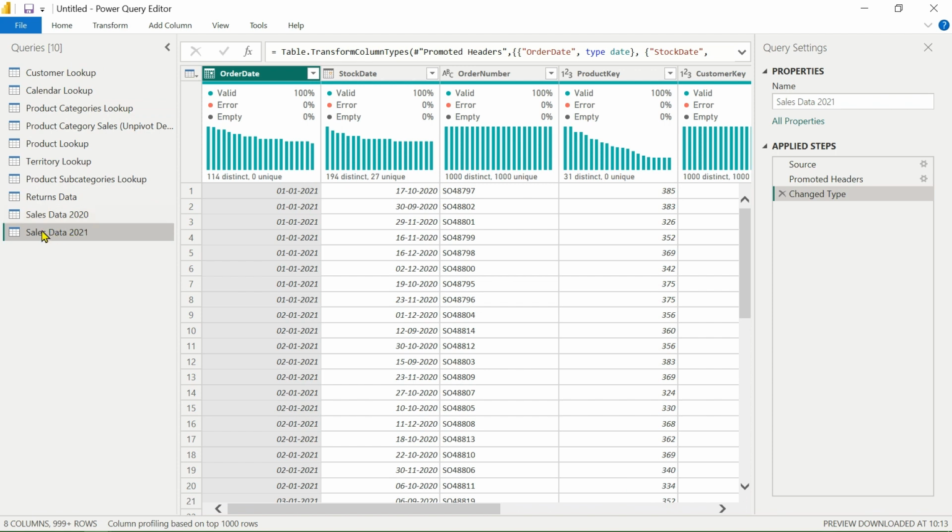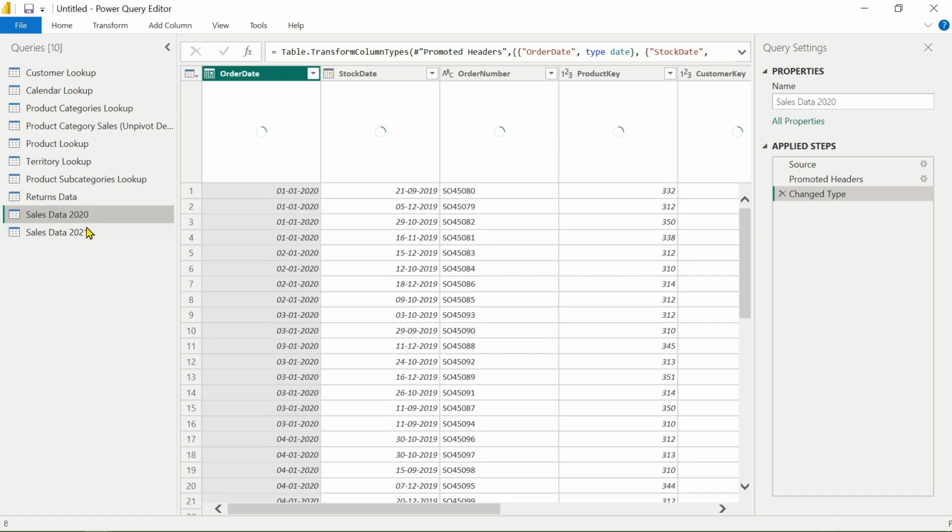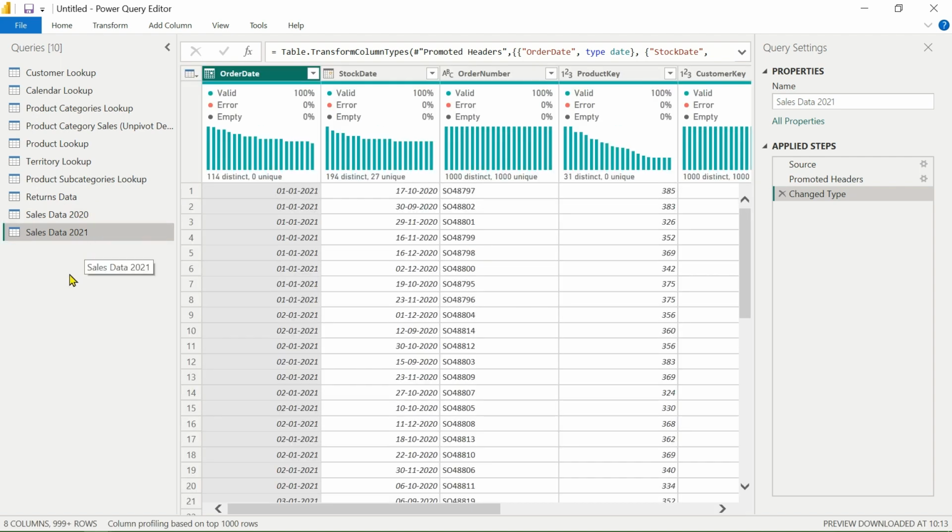I also loaded sales data 2020 and sales data 2021, but you do not have to load them. I have one best practice for this: we are appending the sales 2020 and 2021 data into one separate file, because every year we get data in new files.